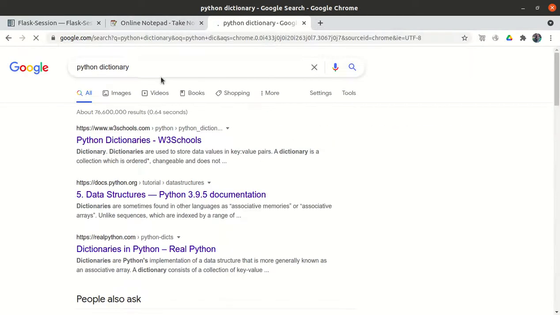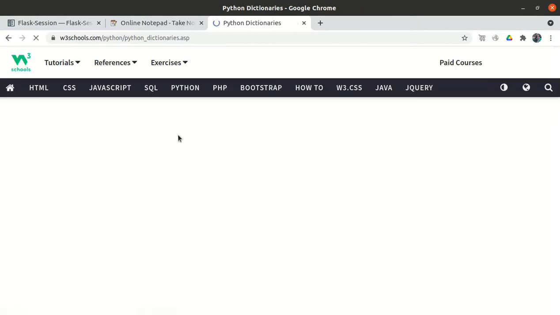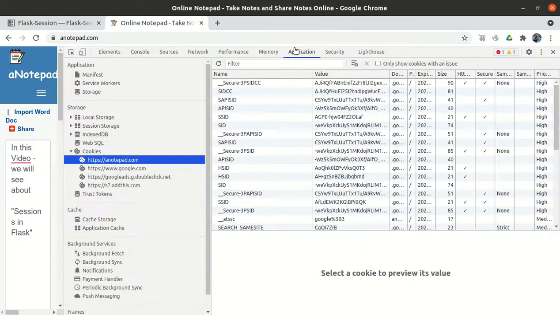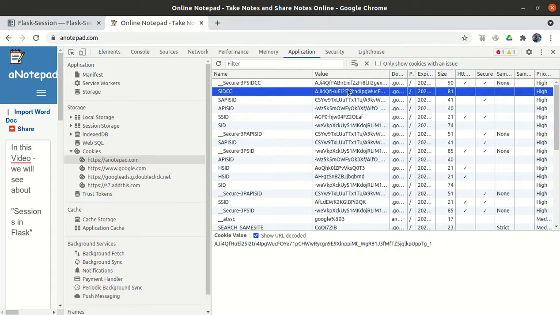A Python dictionary is like a key-value pair. So we have the key and we have the value. Similarly in the cookies, if we want to store any data into these storages, we need to store it in the form of a dictionary. So we need to give some name and we need to give some value, right?